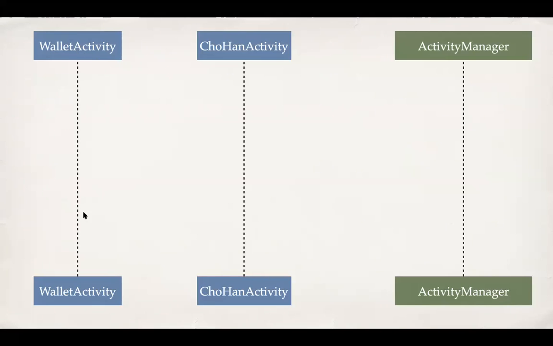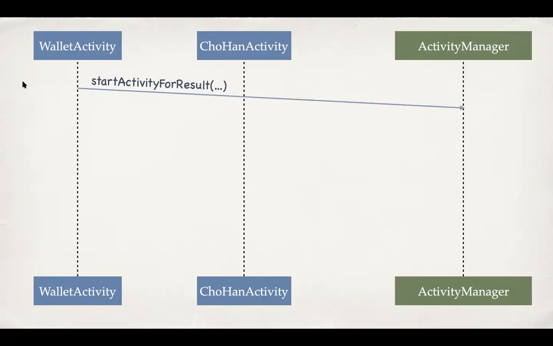we are in the wallet activity, and when the user clicks the show hand button, a start activity for result is passed. That message is passed with the intent as its parameter along with the other information. Okay, and this message goes to the activity manager. The activity manager then figures out from the intent that the component specified in this intent is the Shohan activity class. So it's an explicit intent, and the activity manager launches Shohan activity by calling its onCreate and passing it the